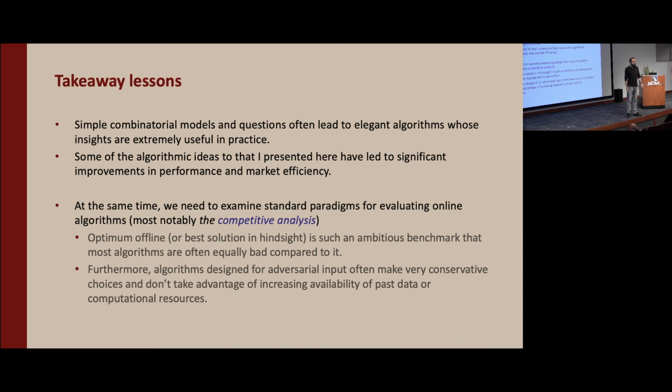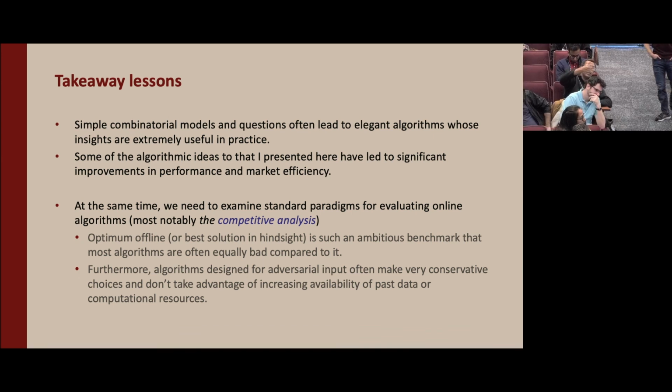Okay, I'll just ask mine. In the same spirit of this takeaway lesson stuff, a lot of these problems arose in switch scheduling in the late 90s. Even there, comparative analysis is too weak. If you look at it more from simulation and do these heavy traffic approximations, it tends to tease out the differences between different algorithms. Do you have any thoughts on whether those kind of queuing heavy traffic things are the right way to look at some of these issues?